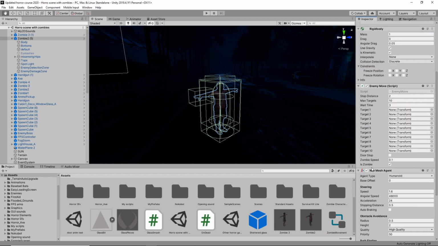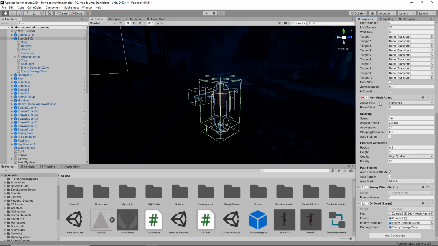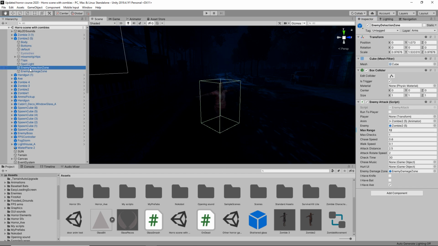Enemy move script, and I've actually modified the script a little bit so that now you can define if it's a zombie or just a regular character, and I will be sharing those updated scripts with you in the download, so you'll get those as well. Nav mesh agent, enemy killed, and a new script called undead, alright, that will handle the death animation of the character. Don't forget to add an enemy detection zone,